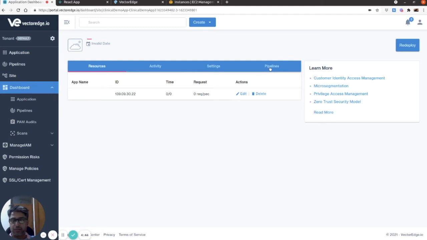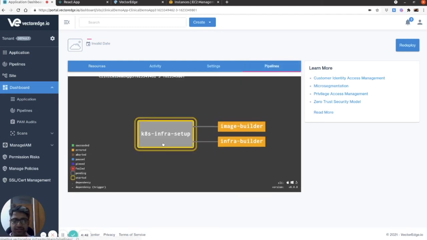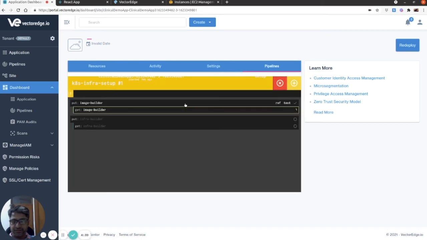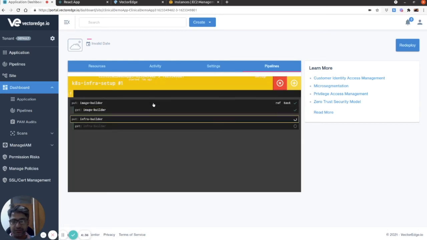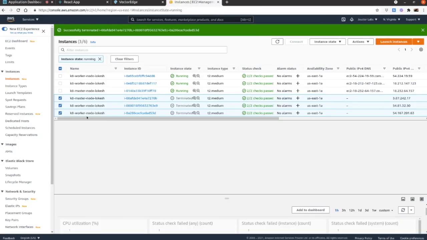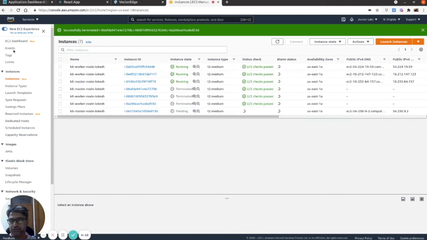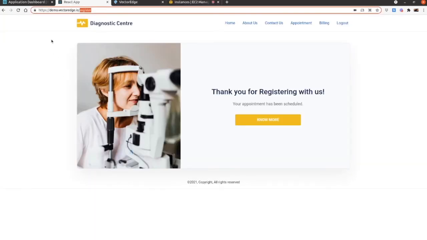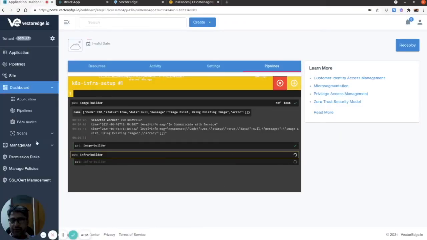You can see, as we provide pipeline as code, various steps that it's going to use. We can see where exactly it is. At this time, it's building the image. After that, it will actually go ahead and build the infrastructure. So building infrastructure is actually we go ahead and create an EC2 instance on AWS. So this will take a little bit of time. So if you see instance EC2, this is pending. So this instance started new. Okay, so it will take a little bit of time.